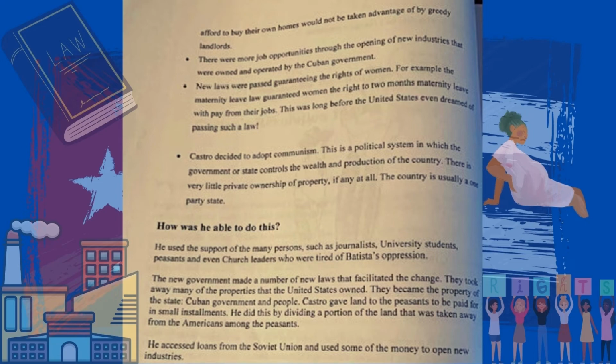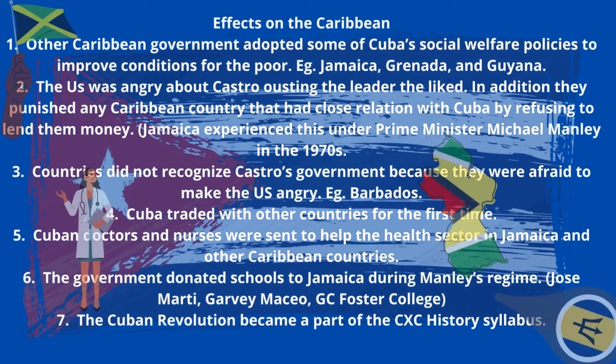New laws were passed. One, the effects of the Cuban Revolution on the rest of the Caribbean: other Caribbean governments adopted some of Cuba's welfare policies to improve conditions for the poor, for example Jamaica, Grenada, and Guyana. Two, the US was angry about Castro's ousting of the leader they liked. In addition, they punished any Caribbean country that had close relations with Cuba by refusing to lend them money. Jamaica experienced this under Prime Minister Michael Manley in the 1970s. Three, countries did not recognize Castro's government because they were